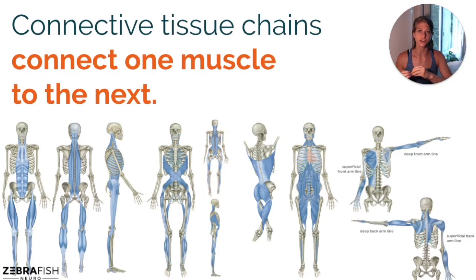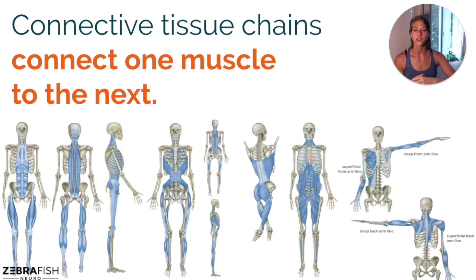Fascial chains are sometimes referred to as muscle chains or muscle sling systems. Some of you may have heard the term posterior chain before. That's referring to all the muscles in the back of the body: your back spinal muscles, glutes, hamstrings, calves, your posterior chain. Basically, connective tissue chains connect one muscle to the next muscle and to the next